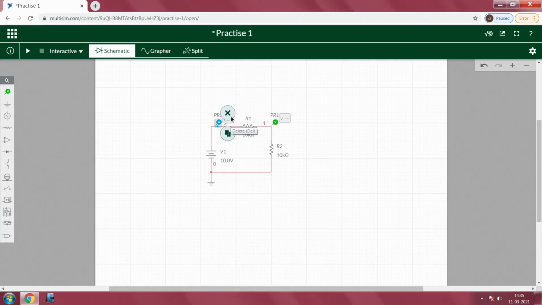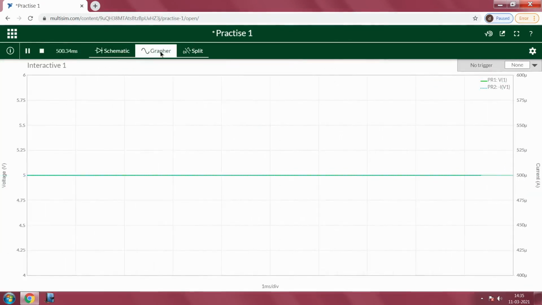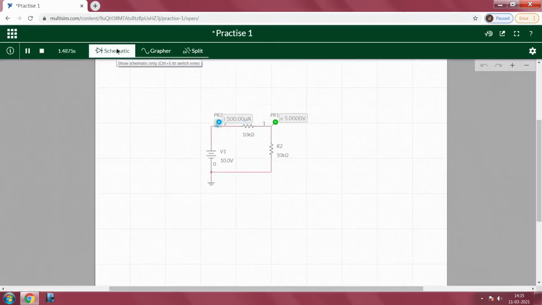Finally, I will be going with interactive session, just interactive, then press run. So, I will go to the grapher. So, here you can see, since it is a simple resistive divider network and I am applying an input voltage of 10, and both the resistances of 10K and 10K, as we know that it is V by 2. So, since V is 10, the output will be 5 volts, and both the resistances are in series. So, the total resistance is 20 kilo ohms.